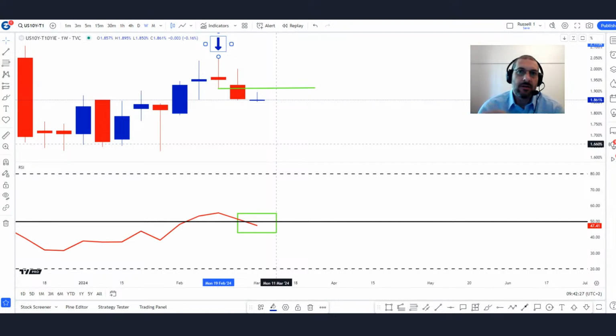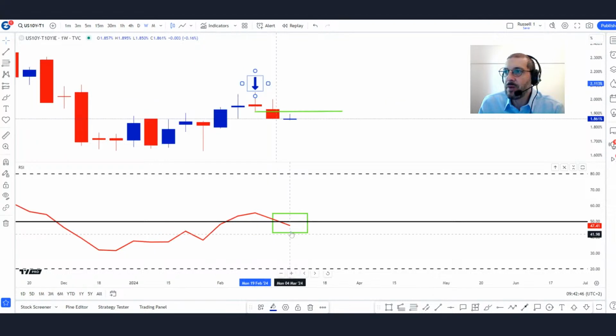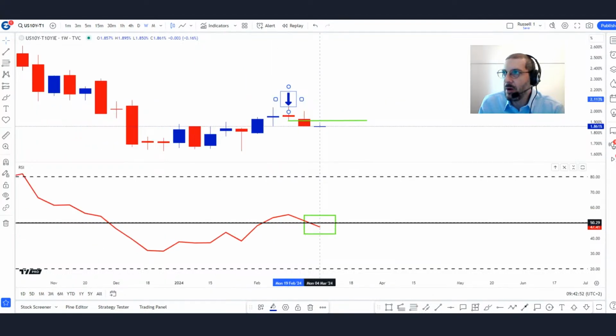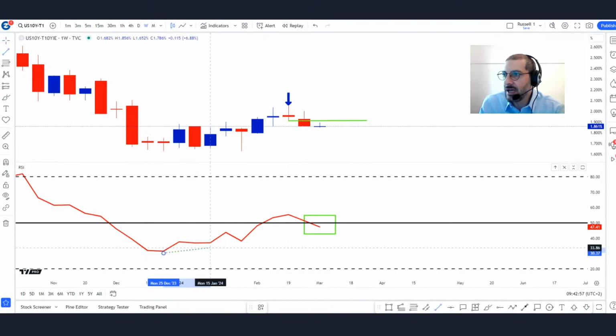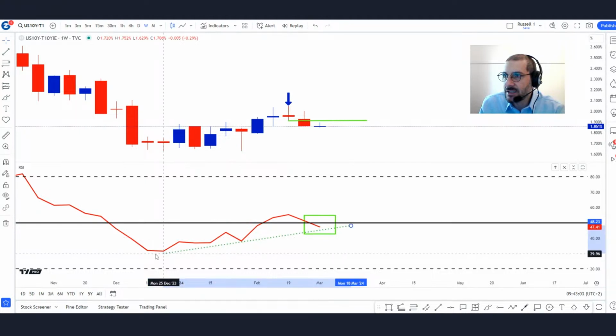Okay, now I don't know if we do get the follow through, but once we've got the reference candle locked in, then the probabilities for a swing, and in this case a swing lower, do increase. RSI, it's broken below 50. What we can do with this RSI, by the way, is put in a trend line here, and we can just monitor the trend line.